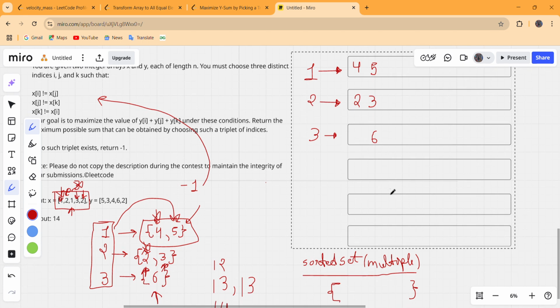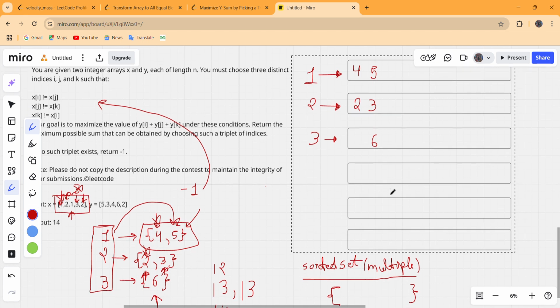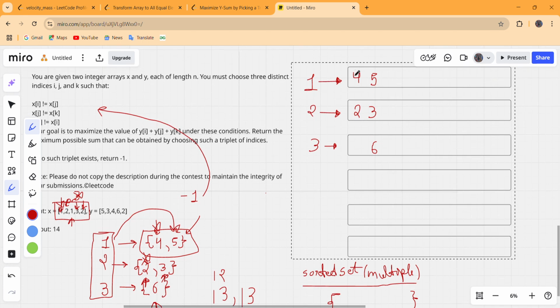That means it is not required to put all these values inside that vector, because this 4 will not contribute to our answer, this 2 will also not contribute to our answer. The values that contribute to our answer are basically the end values for each multiset.